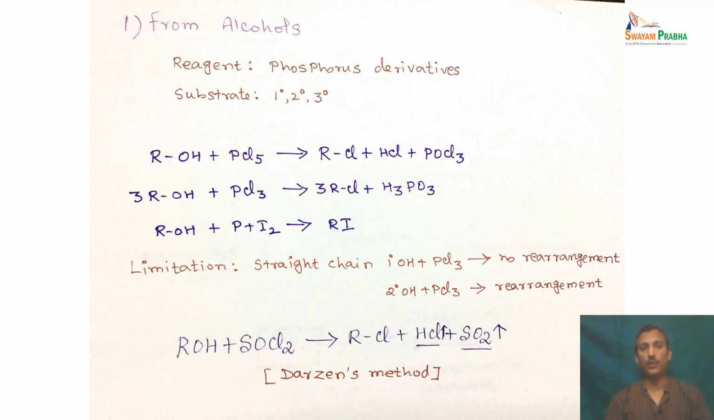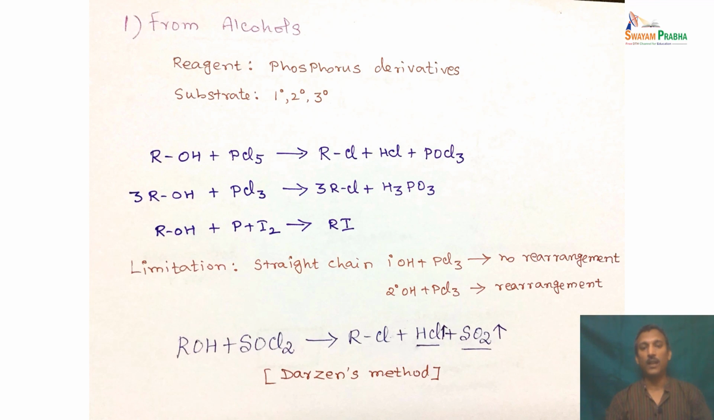So the alcohol reacts with the PCl5 to give the alkyl halide, hydrochloric gas and POCl3. Three molecules of alcohol react with the PCl3 to give three molecules of alkyl halides, and H3PO3 acid is formed in that reaction. And in the case of iodine, we don't have to use PI5 or PI3 because they are highly reactive substances. So phosphorus and iodine can be used to produce the reactive species,